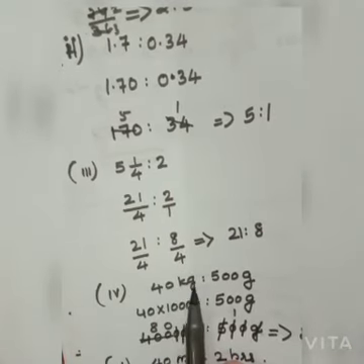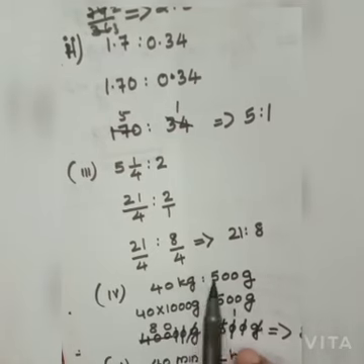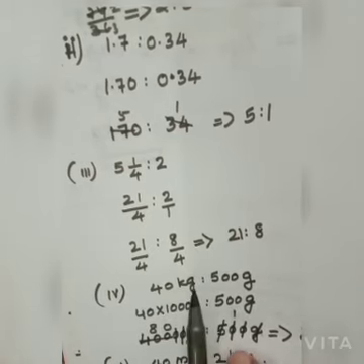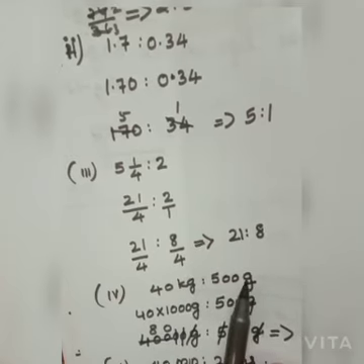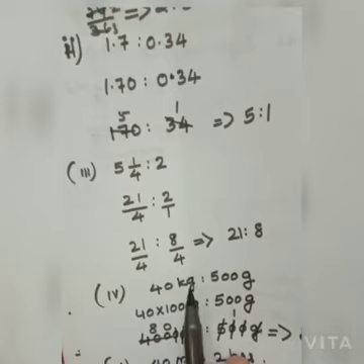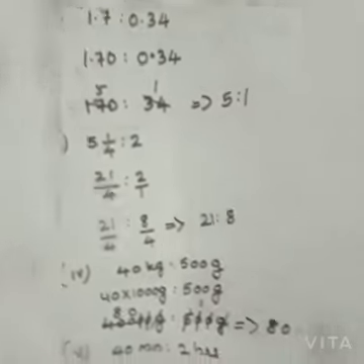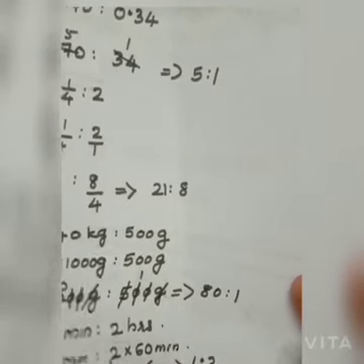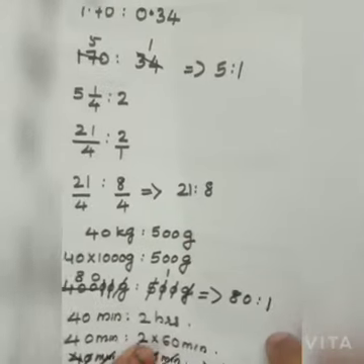The fourth one is 4 kg 500 gram. Already I told you that you have to compare the same quantity. Here kg, here gram. You have to convert kg to gram. So I converted kg to gram by multiplying by 1000 and cut out the number. You will get 8:1. A ratio has no unit because gram will be cut off.